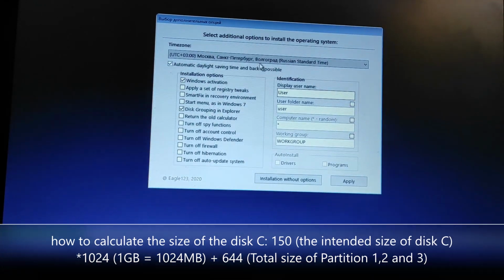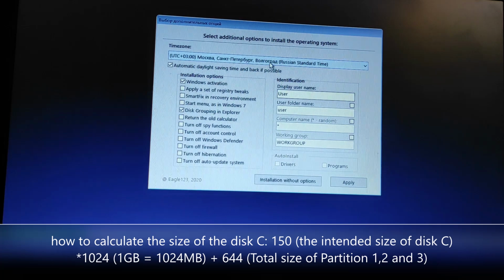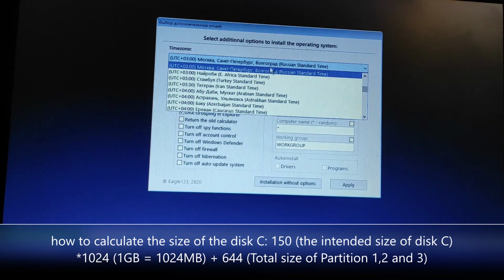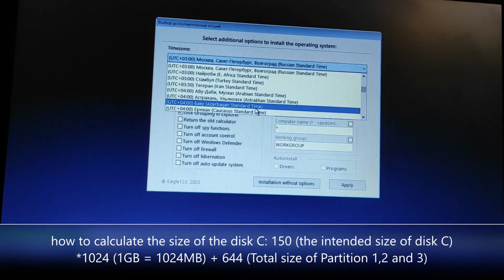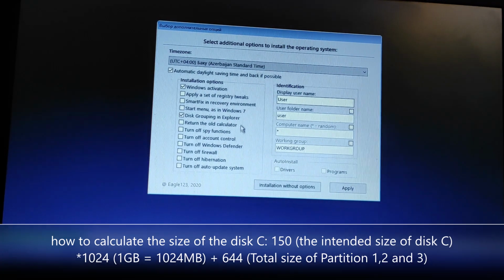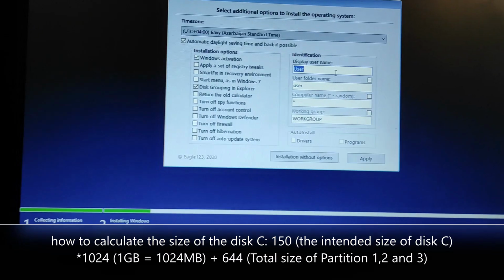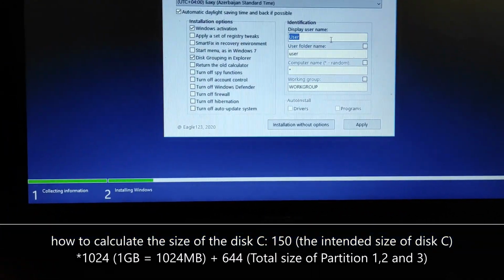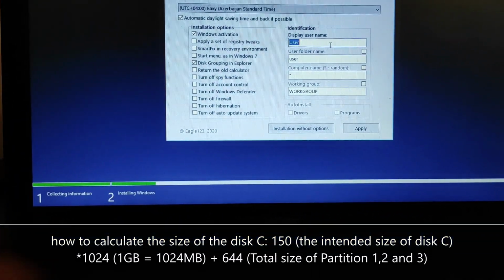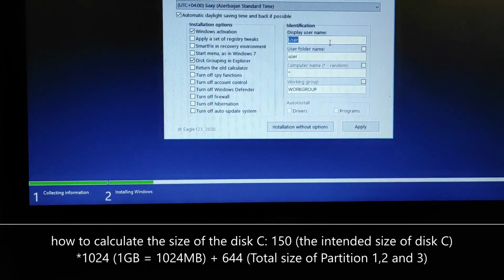And this option is additional option in my SSD, in my setup files.